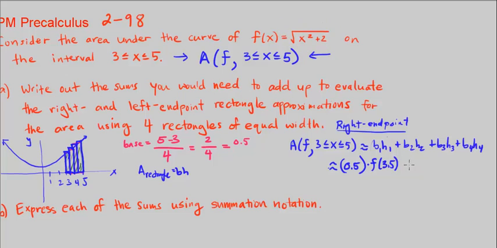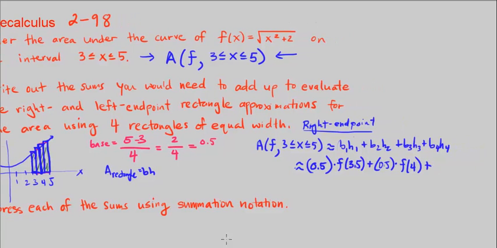Okay? Plus, the second one, this rectangle here, we know has, again, base 0.5 and height. So base 0.5 times the height is now basically looking at the function right here. The height is when we plug in 4 into f. And that gives us the height of this rectangle, right? So that's going to be times f of 4